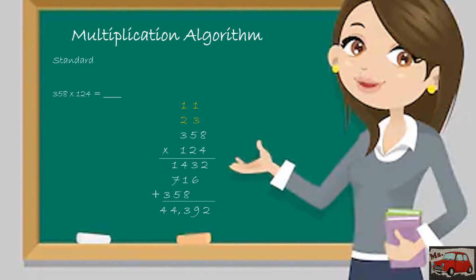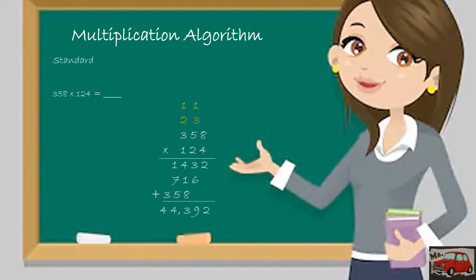Okay, I have here 358 times 124. And let's use standard way. First, I will multiply 4 to 358. So, 4 times 8, 32. Yung 2 ibababa, yung 3 ilalagay sa taas ng susunod na number. 4 times 5, 20, plus yung 3, that's 23. So, yung 3 ibababa, yung 2 ilalagay sa taas ng susunod na number. 4 times 3, 12, plus 2, 14. So, unang answer ko, I have